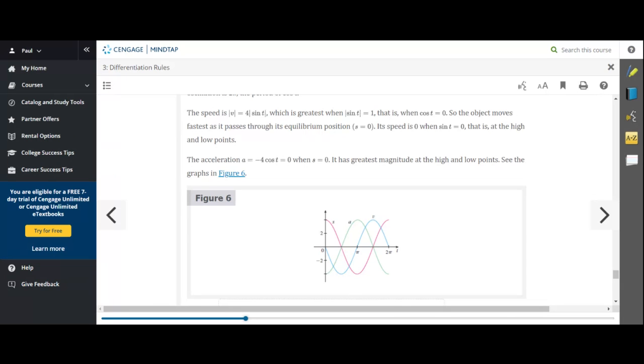Would the spring have to be compressed the most it can be, or stretched the most it could be? Well, it actually would be compressed,